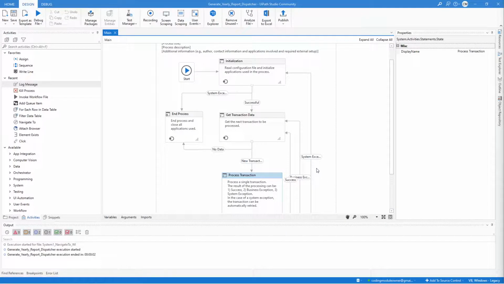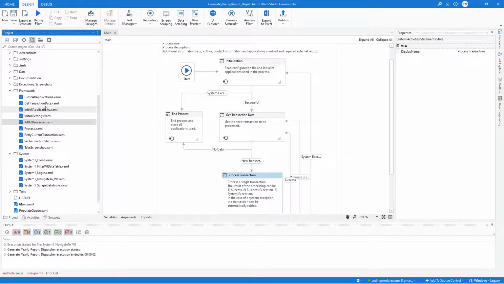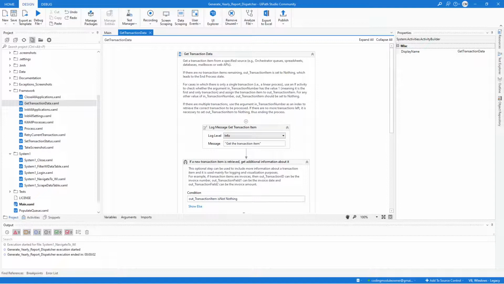In this video, we will complete our dispatcher project by editing the get transaction data and the process transaction workflow. So let's start with the get transaction data workflow. In the project panel, look for the get transaction data, double click to open it. And here, the first thing that we need to do in here is